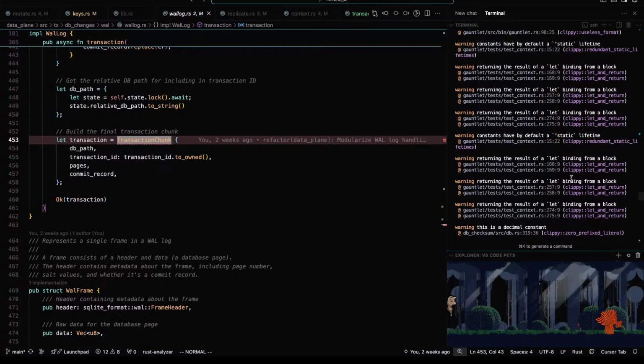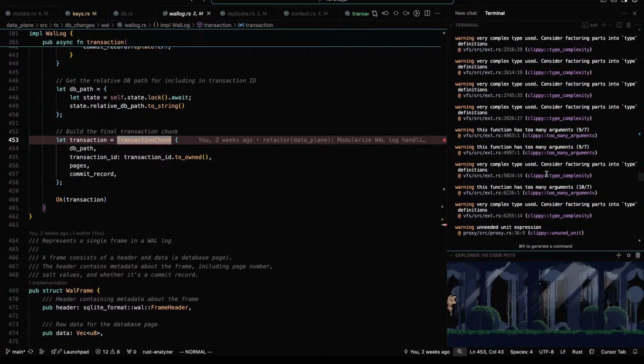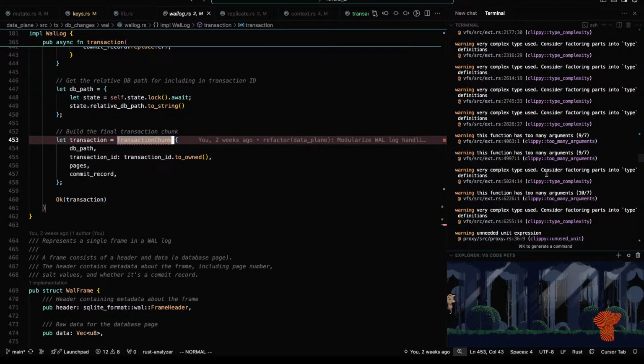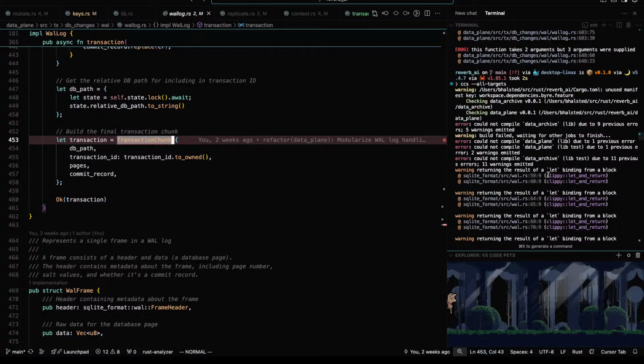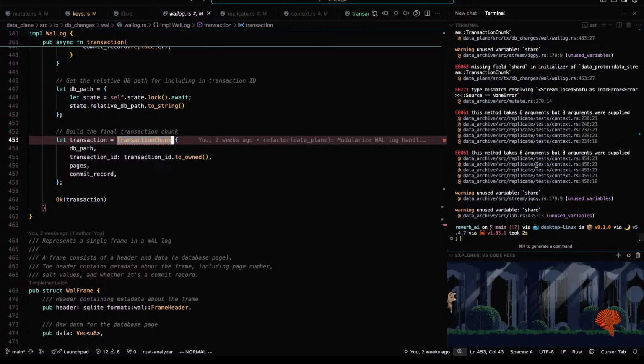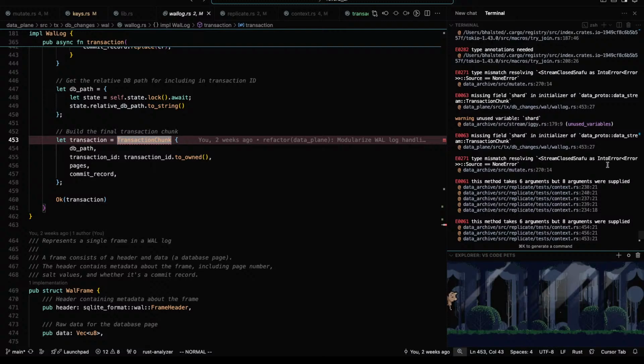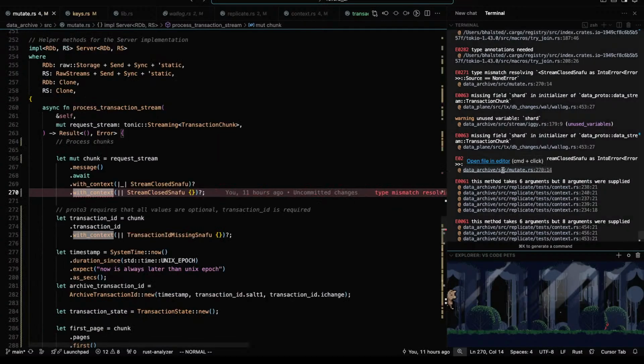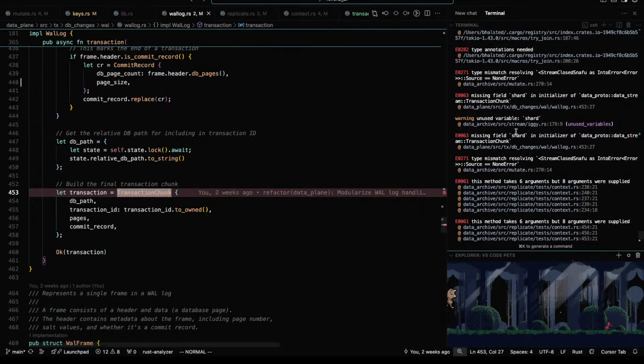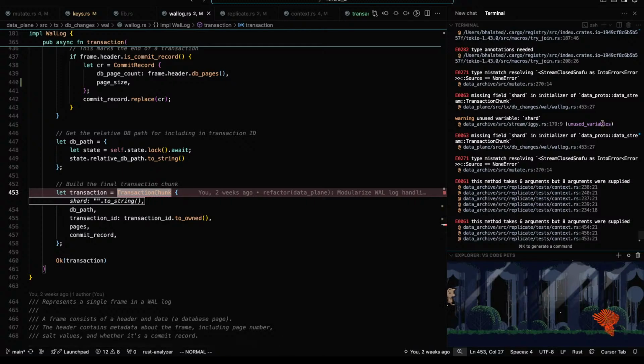Does nothing actually use that? That's not possible. No, no, no, no. It's just not possible. That's fine. No, fine. Initializer. I don't believe that.